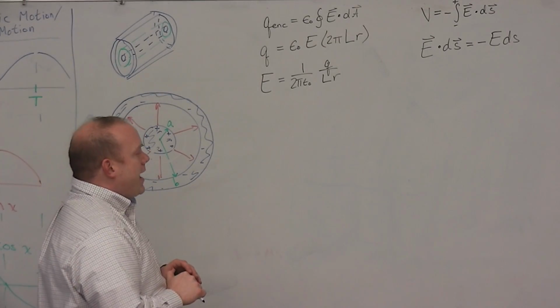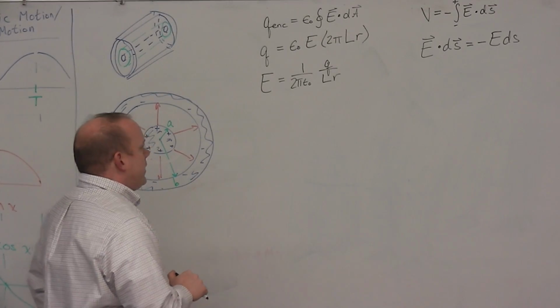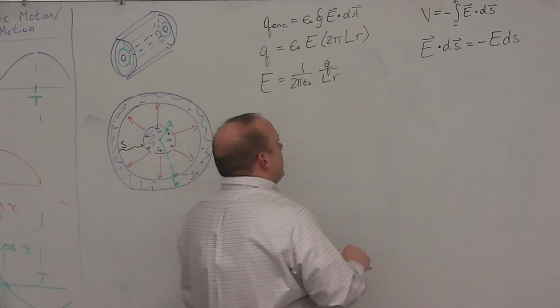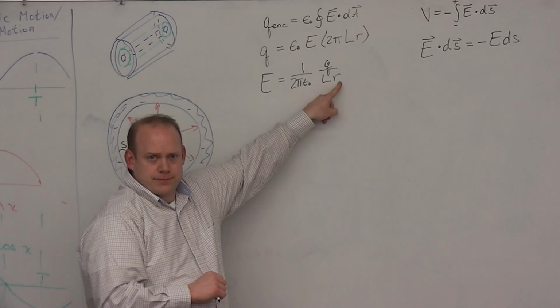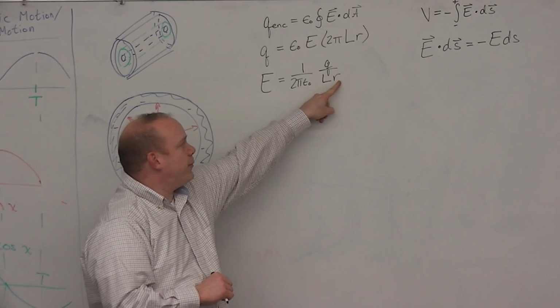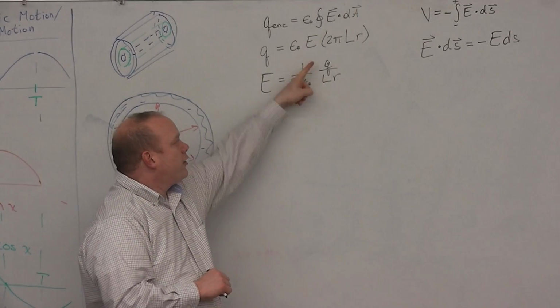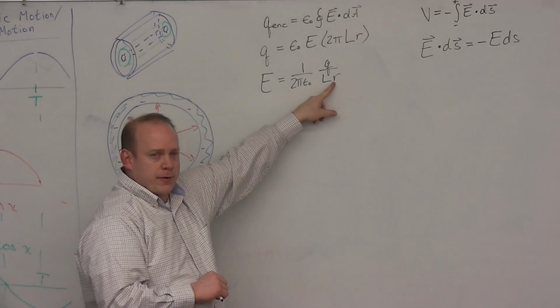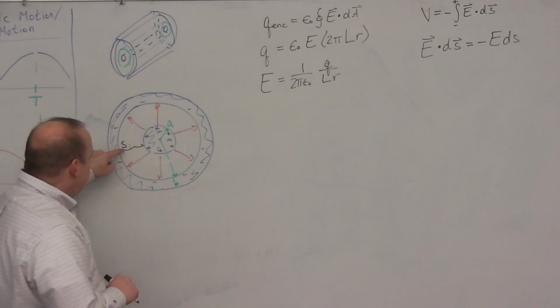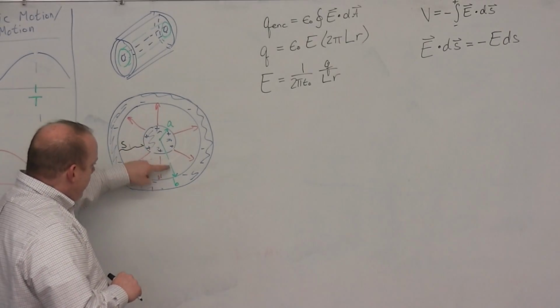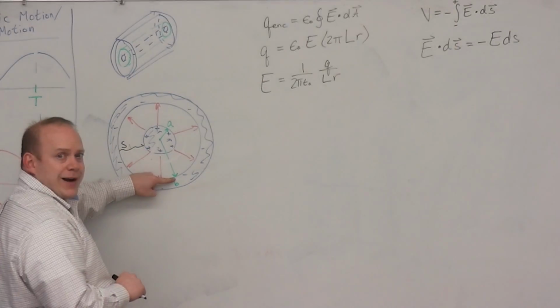Okay. Now, here's where it gets a little funny. We're going to integrate with respect to R. Okay, we have to integrate with respect to R. It's one thing that changes. The length isn't changing, Q isn't changing. R is a variable. Okay? So we're going to integrate with respect to R. But my path of integration goes this way. R points out. So what happens is